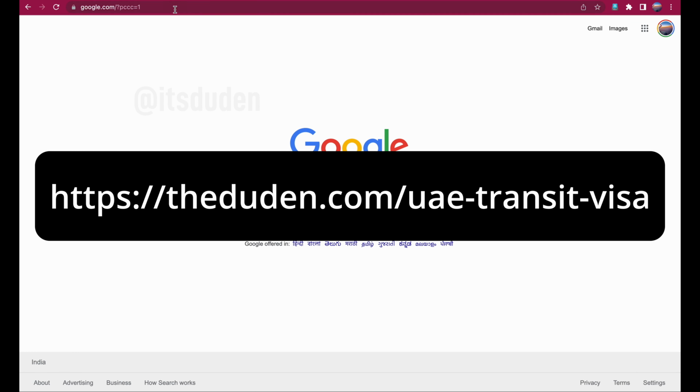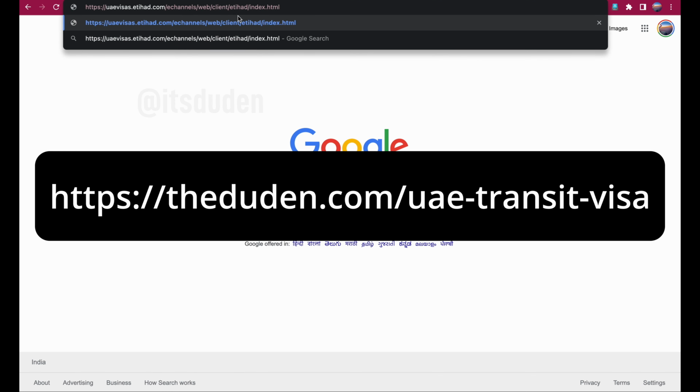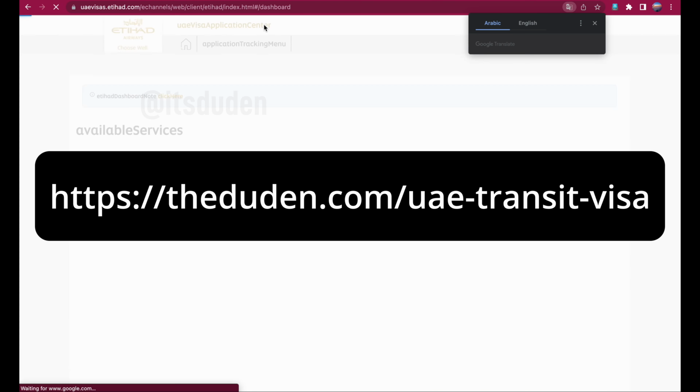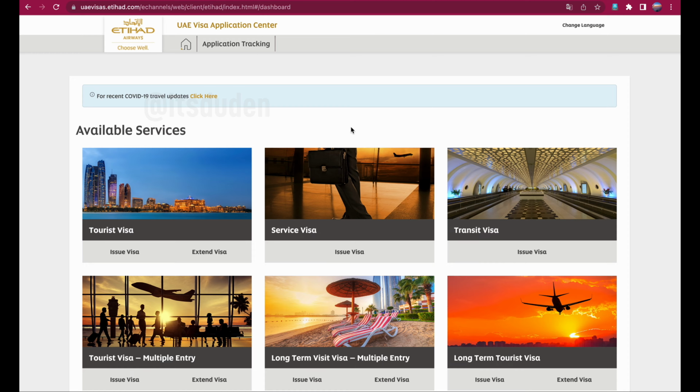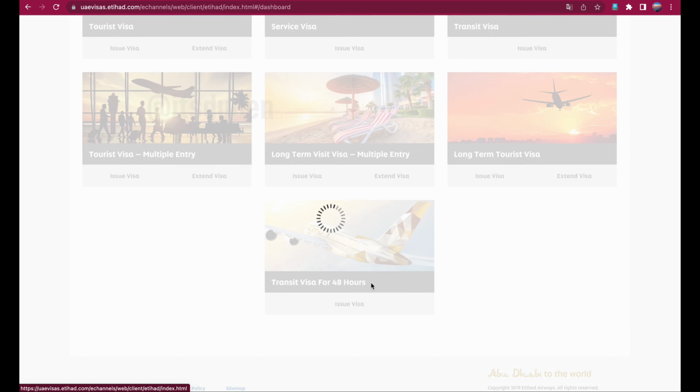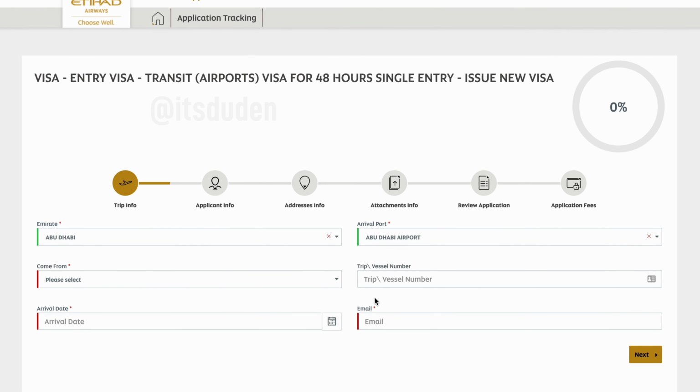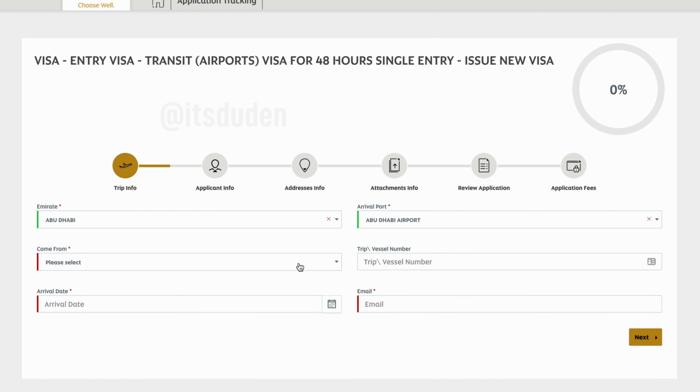So first visit this link to visit the UAE Visa Application Center website. On this page, scroll down and click on Transit Visa for 48 hours. You will see this form where you can enter your details. So the Emirate is Abu Dhabi and the arrival port is Abu Dhabi Airport.